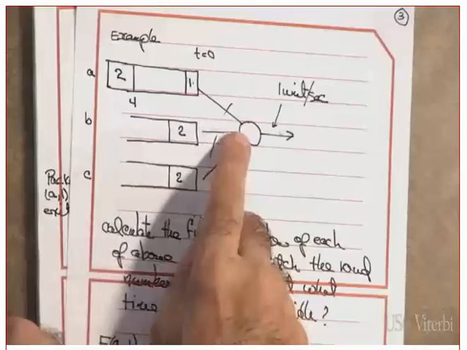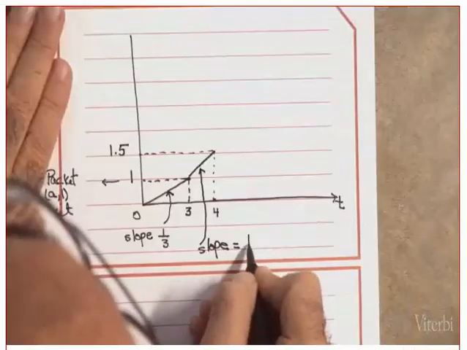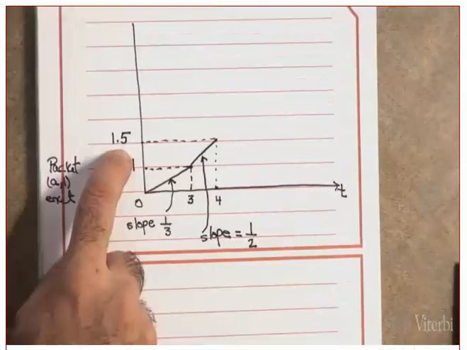What is the slope? The slope is 1 because that is the only packet left. So the entire capacity will be given to him. Now, he will be done. When will he be done? Not to scale, but you get the point. What is this? 3.5. What is this one? 7.